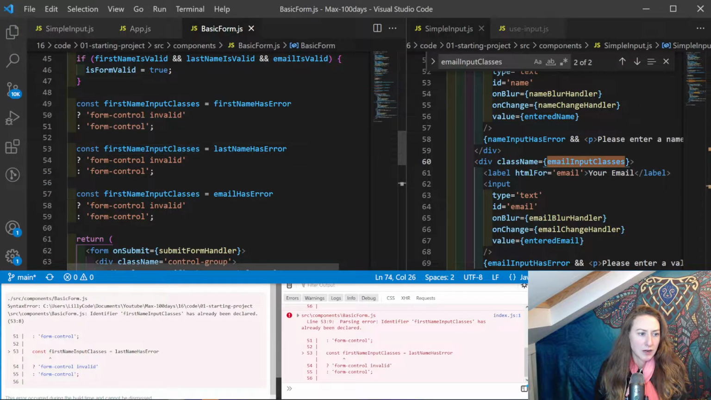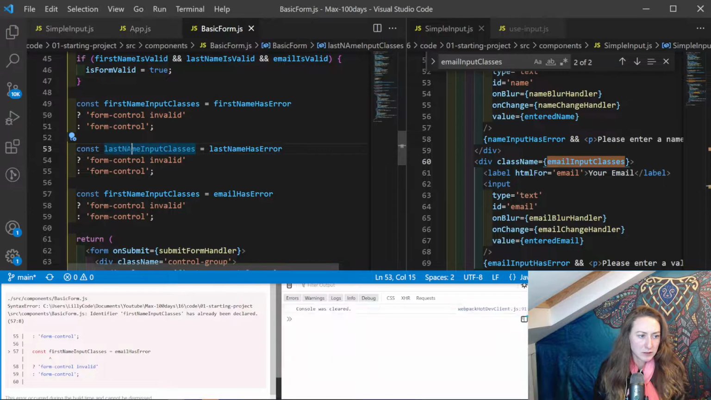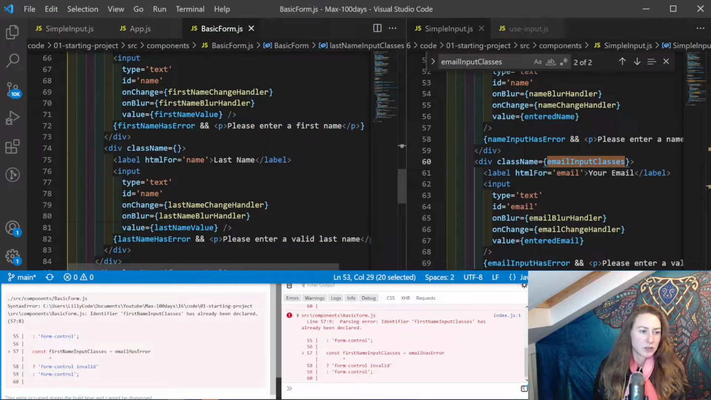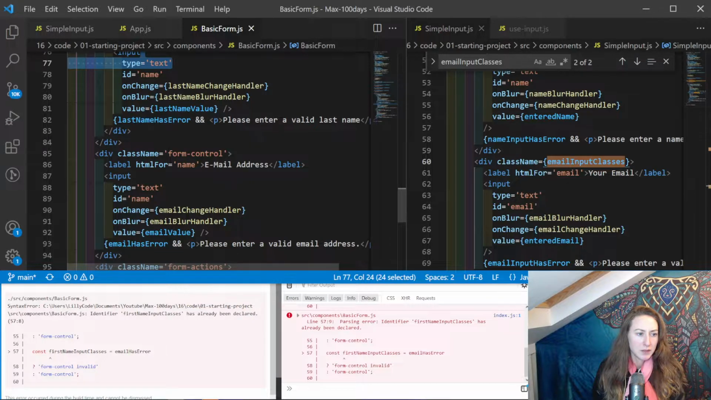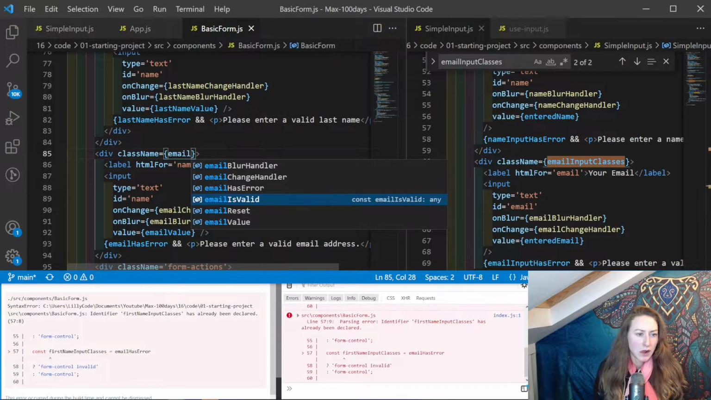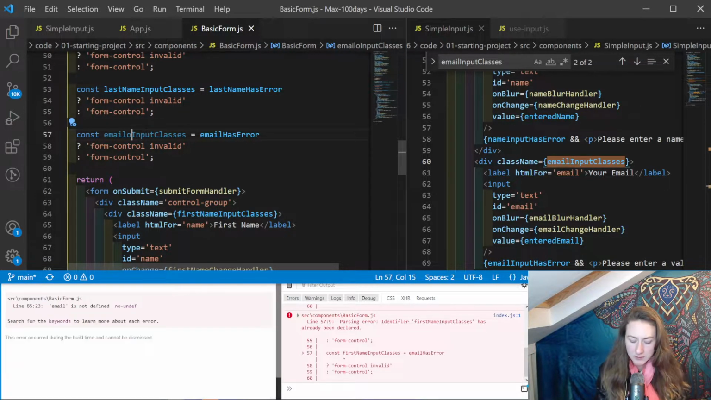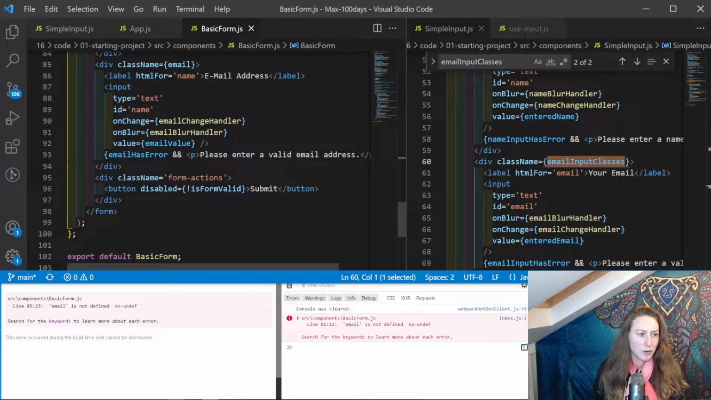So then we have last name input classes. Cool. Because we're adding the classes dependent on whether or not we have errors. So I'll add that in there. And then for our third one here, our email, this also needs to go. And instead we have email form, email. Okay, so I never actually renamed it. Email input classes. Cool. So if I copy this, paste this down below, yeah, in here,